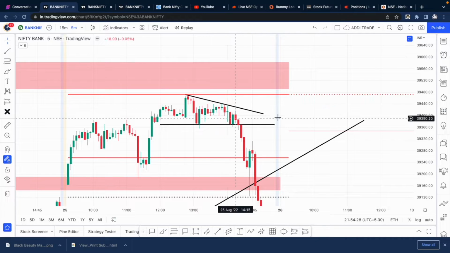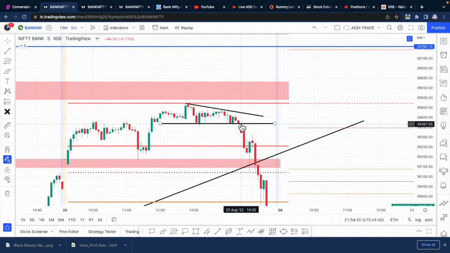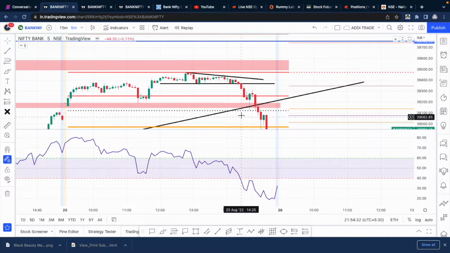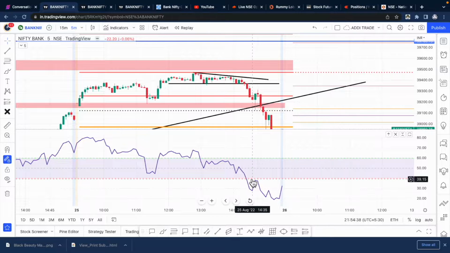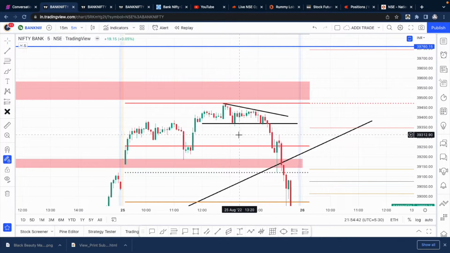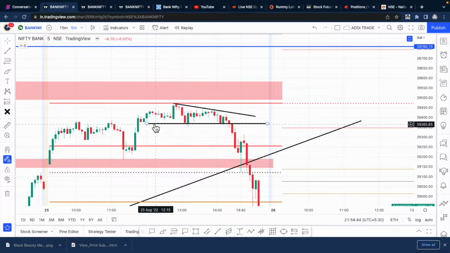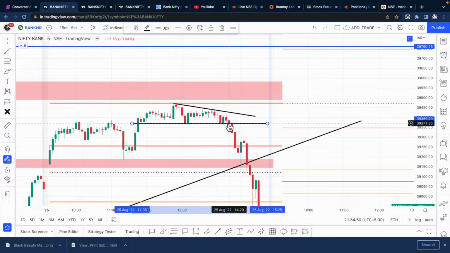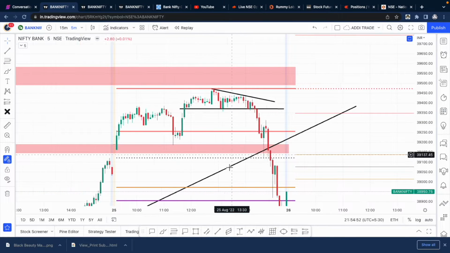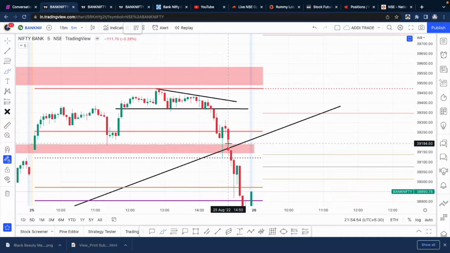But the best short entry signal came over here on this candle. At around this candle is where even RSI started coming below 40. There's a video on my channel, you can go check about how to use RSI for confirming the trade and checking the momentum. So when this structure broke, if you see closely, this is almost like a head and shoulders. When this breakdown came, from here we started getting the right trade.